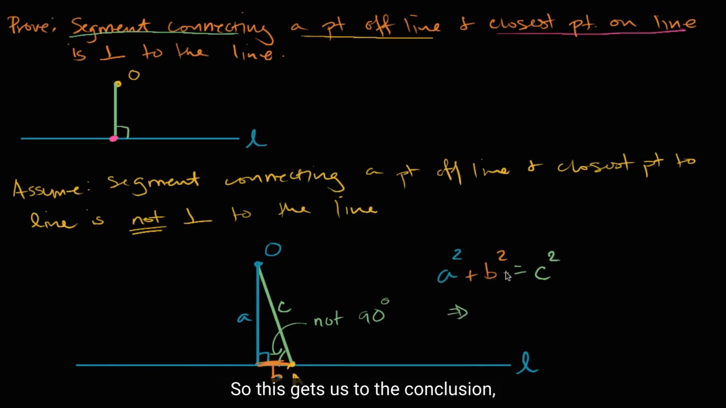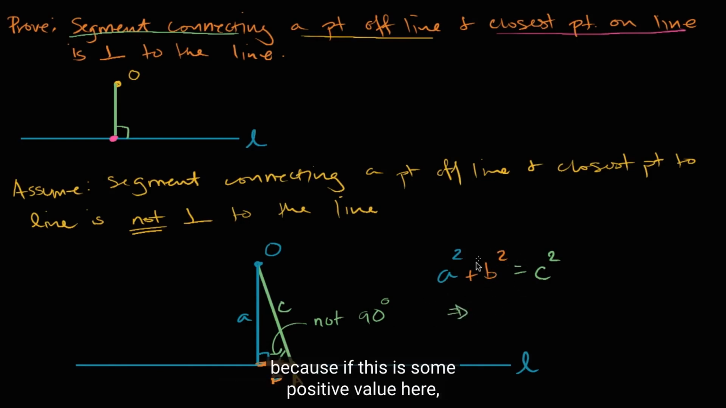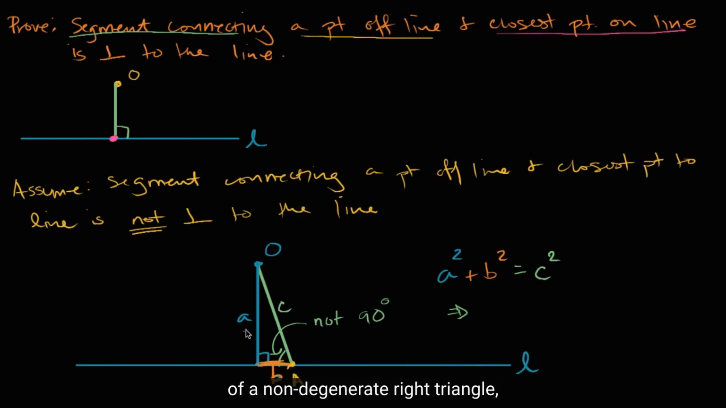So this gets us to the conclusion, because if this is some positive value here and A and C are positive, everything at positive distances, then this tells us that A has to be less than C. That a non-hypotenuse side of a right triangle, of a non-degenerate right triangle, assuming it has some area, is going to be shorter than the hypotenuse. The hypotenuse is the longest side. So A is going to be less than C, which would tell us